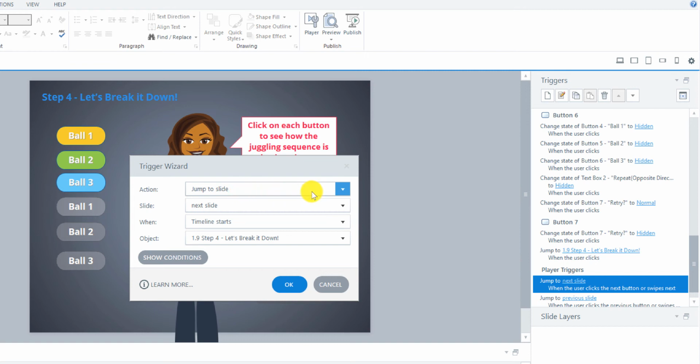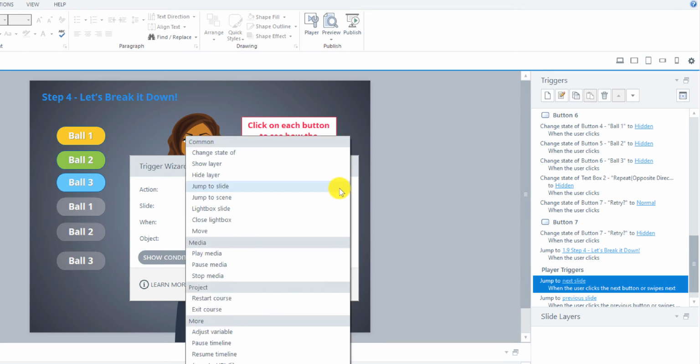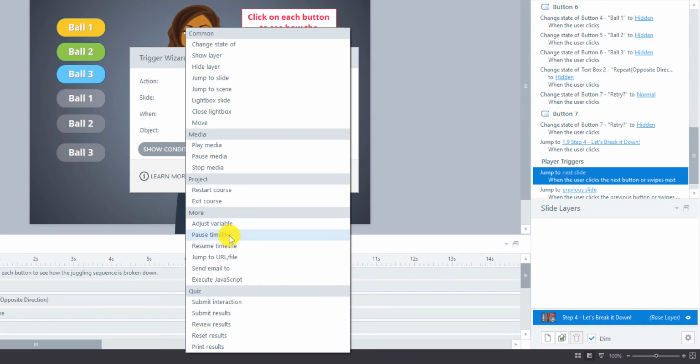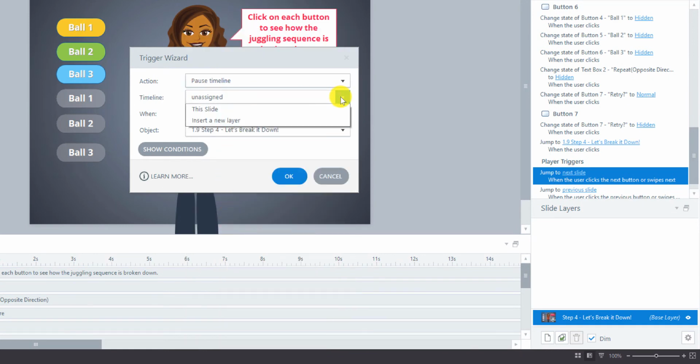So we need to just make sure that. So I'm going to say here to pause timeline, this slide, when the timeline reaches, instead of using a cue point, you could use a cue point. I'm just going to set this to 50 seconds,